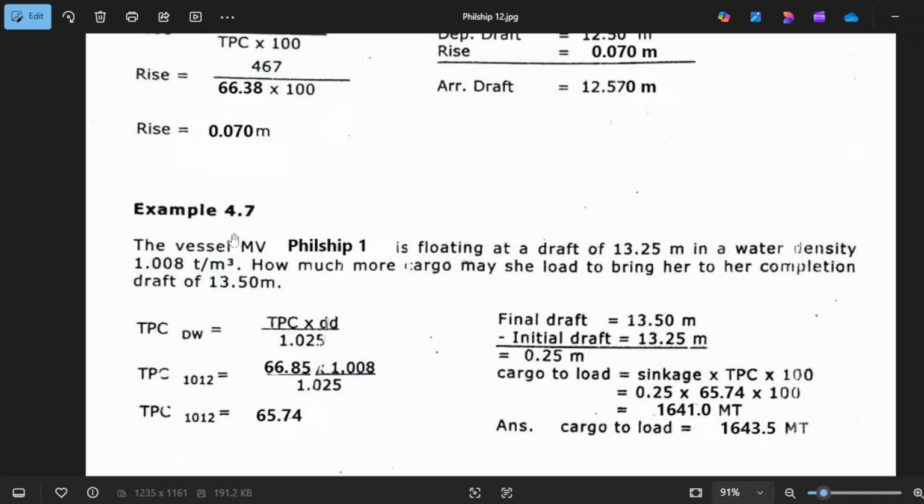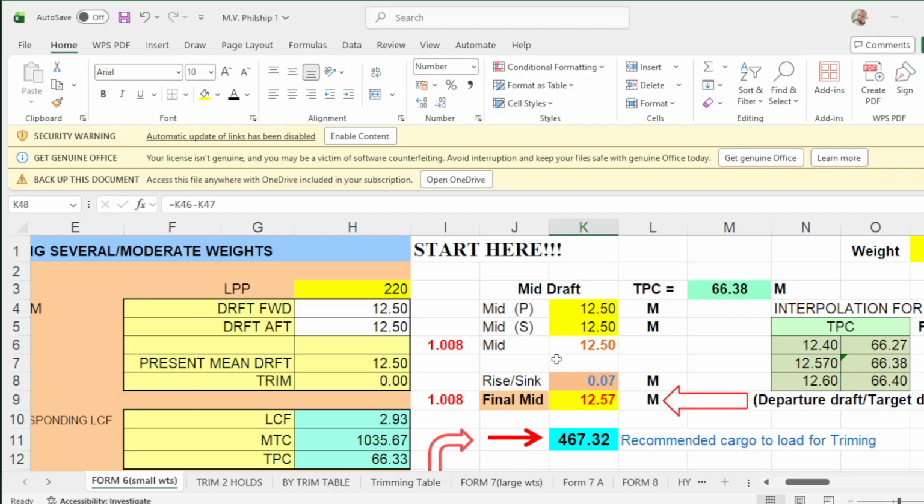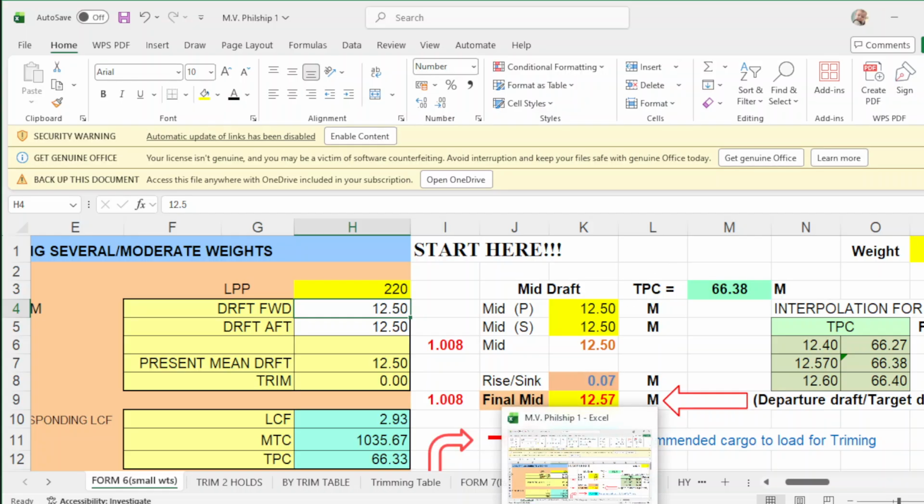which is sample 4.7. The vessel Philship 1 is floating in a draft of 12.25, a water density of 1.008. So let's put this one. So you're floating with a draft of 12 point, how much? 12.25.